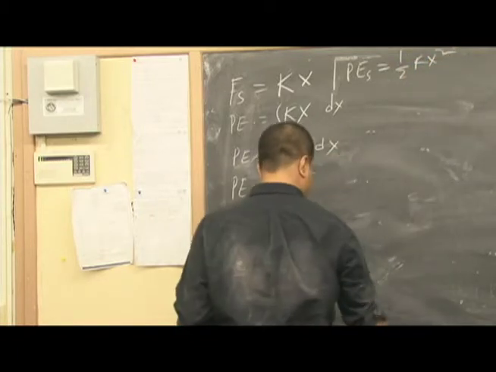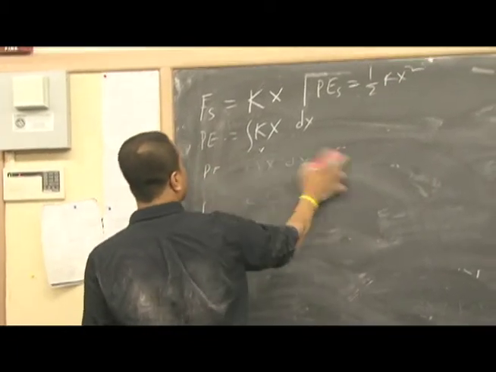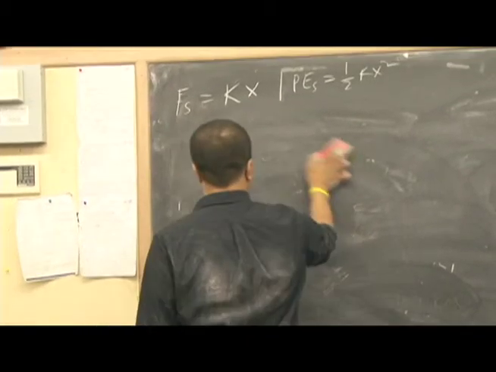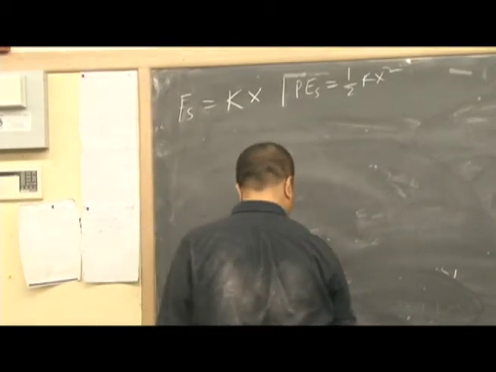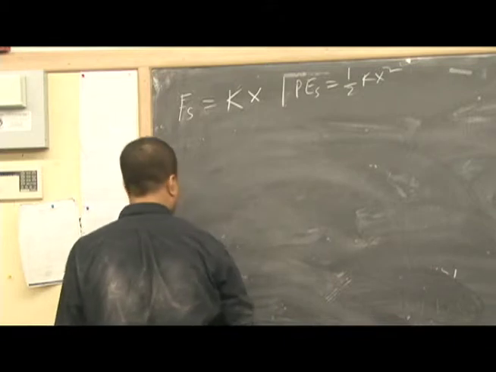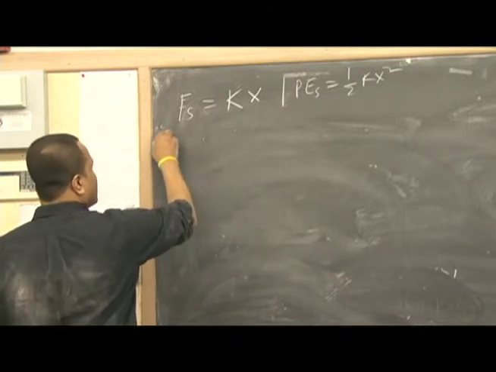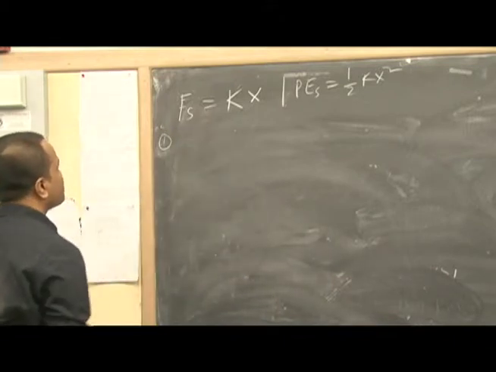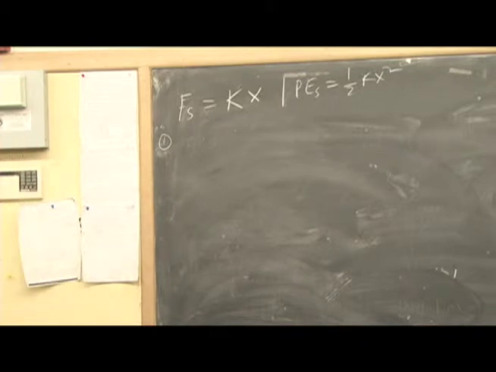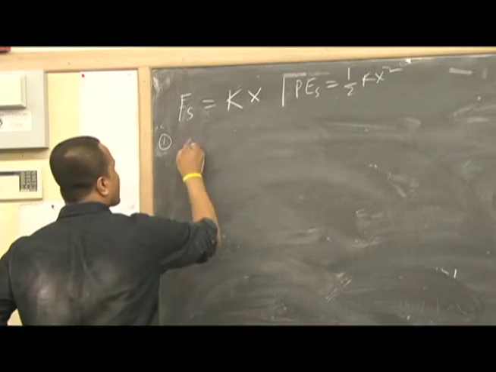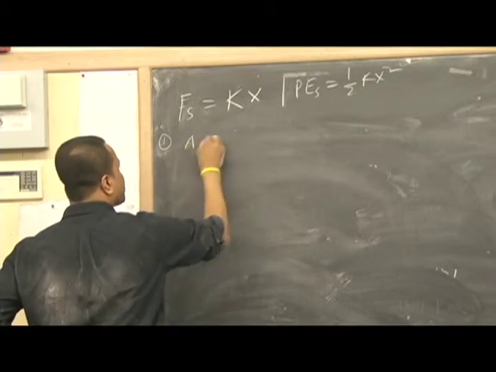Now we can erase that. That's how we can derive the potential energy of a spring. So let's write some problem to solve it. Okay, so let's do this one first. All right, so say a spring